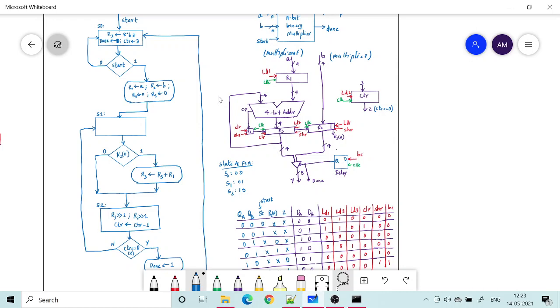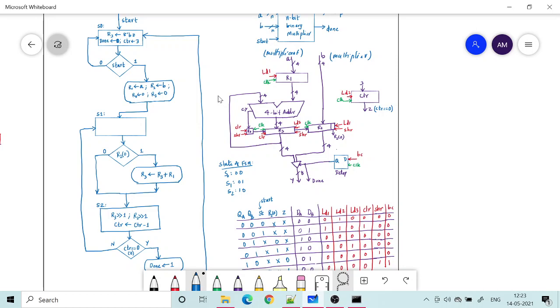After that, what do you need to do? I shift everything by 1 bit to the right. So R0 will come into the MSB of R3, and LSB of R3 will go to R2, and everything in R2 will also be shifted simultaneously. So earlier R2 of 0 will go out, and then the next position will come to the LSB of R2.